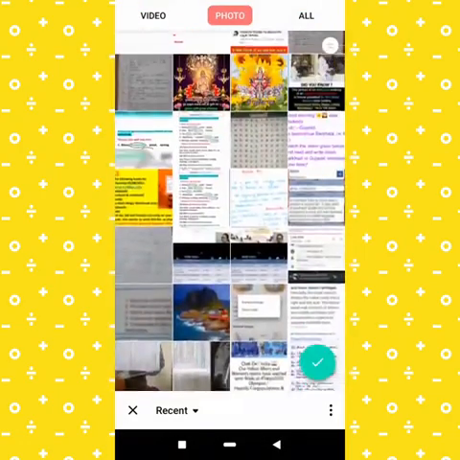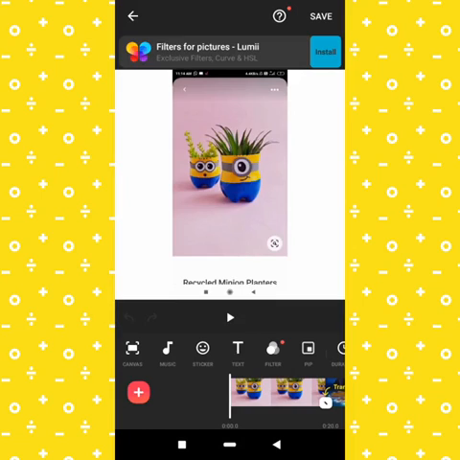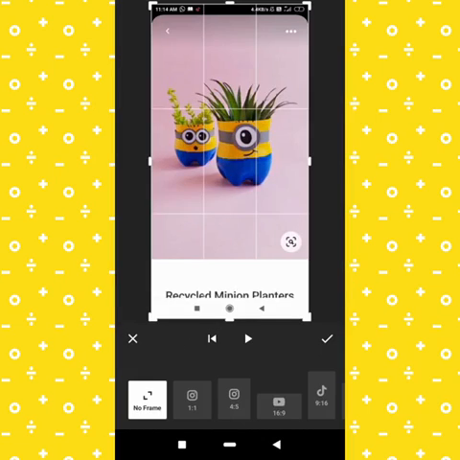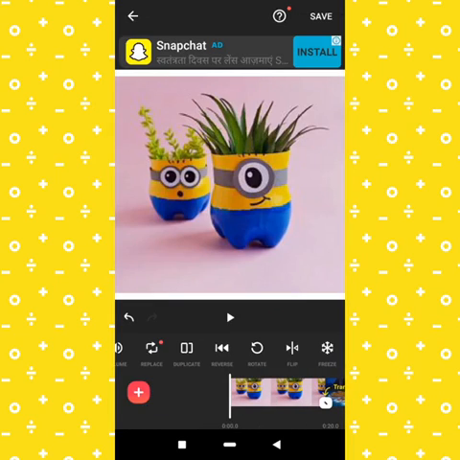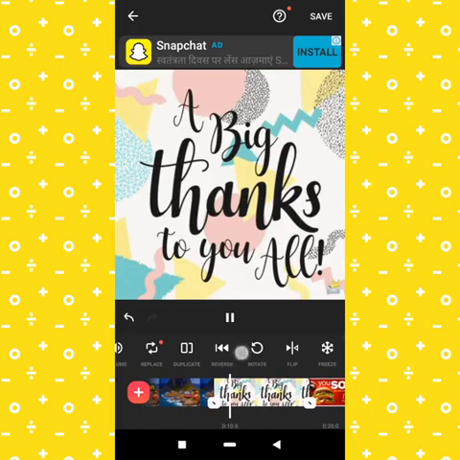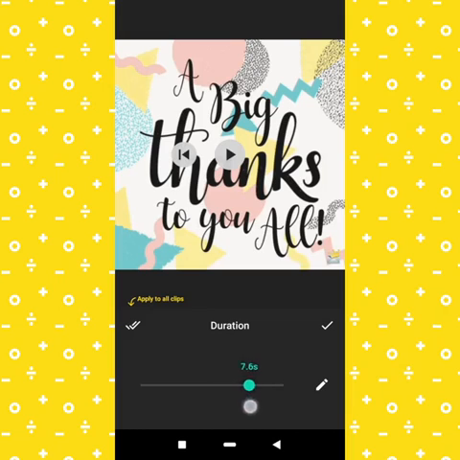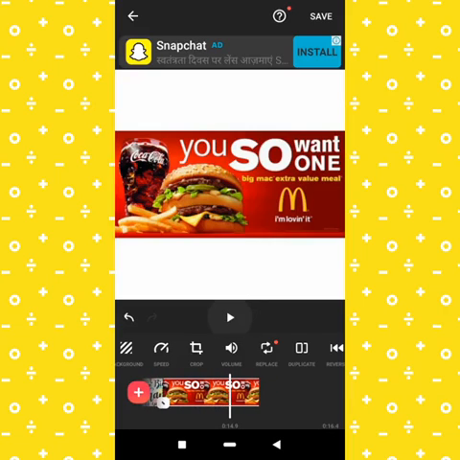Like this, as per your desire. So you can see this. If you want to crop any image, you can also crop. So see this. You can see here our video is converted. And what if we want to change the speed? You can change the speed again from the speed option. Done. But if we are converting any image into video, we have to change the speed for every image.